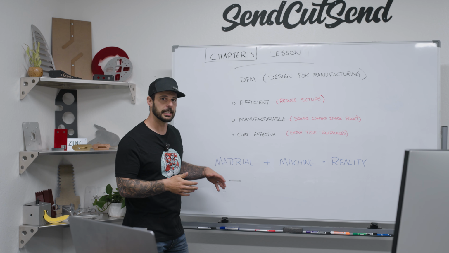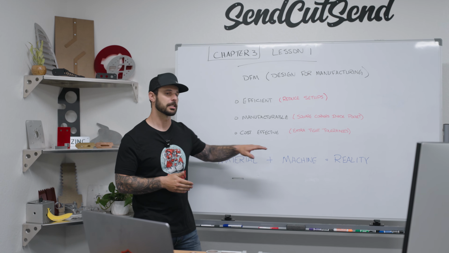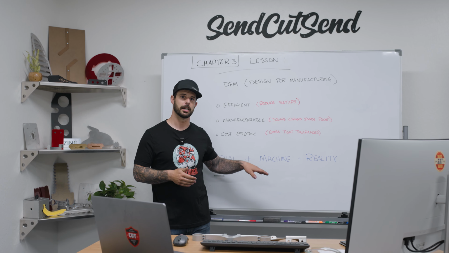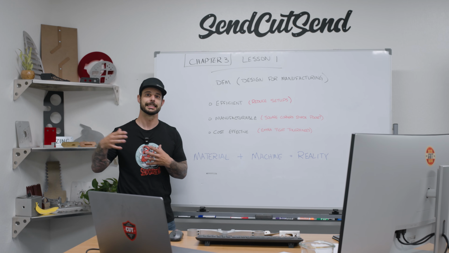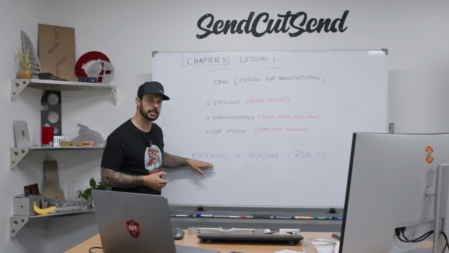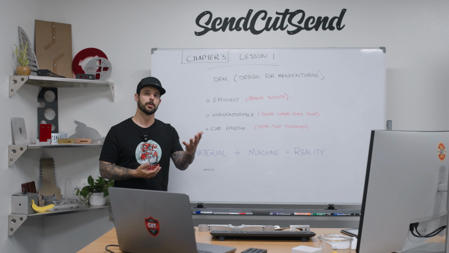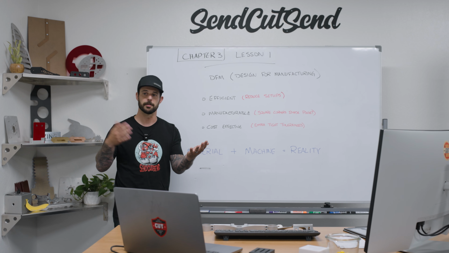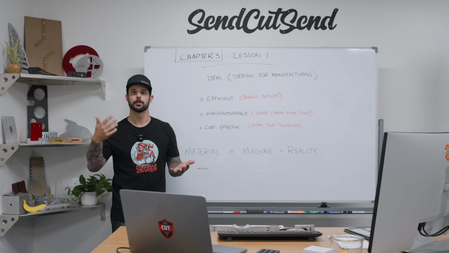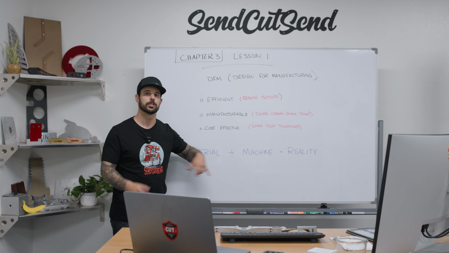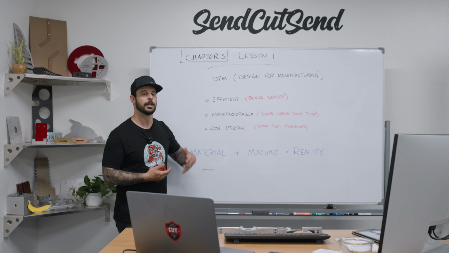Really what we're talking about is working in the real world, or in reality. And reality kind of comes from material plus the machine. What material are we using and what machine are we going to cut it on brings us back to what we're actually going to design around. Now, a material can dictate the machine, say aluminum versus carbon fiber. On aluminum, I can laser cut it. On carbon fiber, I can't. I have to CNC router it or waterjet it. And that changes the machine that I'm using, which changes the DFM in the background,